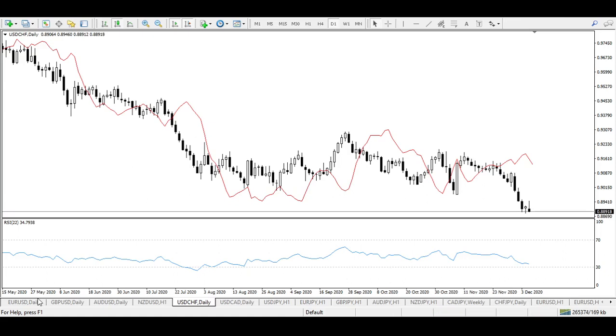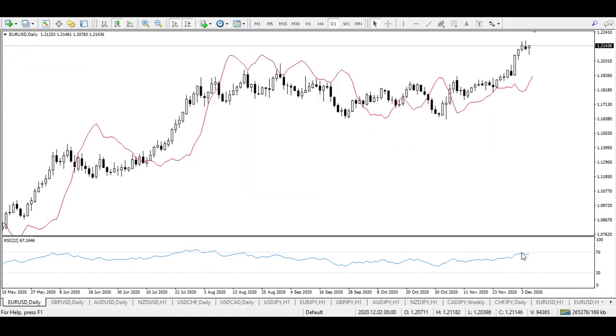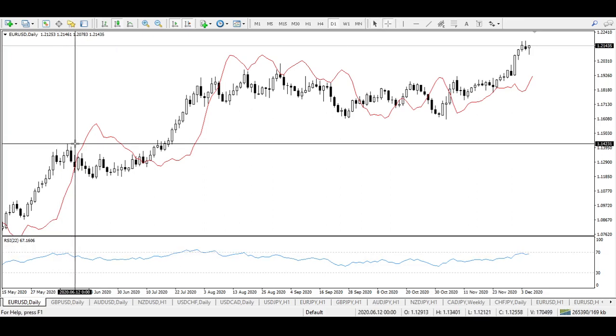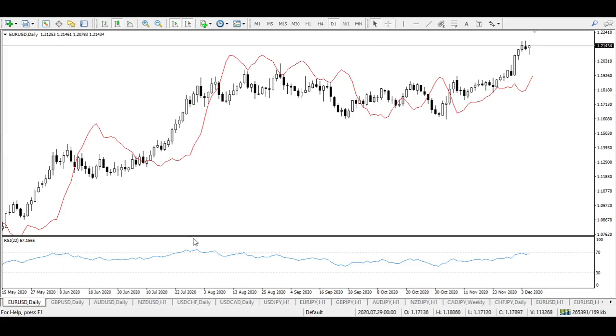So I looked at Euro USD, which looked almost overbought, and whenever it goes around the overbought area, there is a huge chance of downward retracement. For example, you can see here last time when it went around this area, there was a downward fall of almost 250 pips. So it respects RSI 22